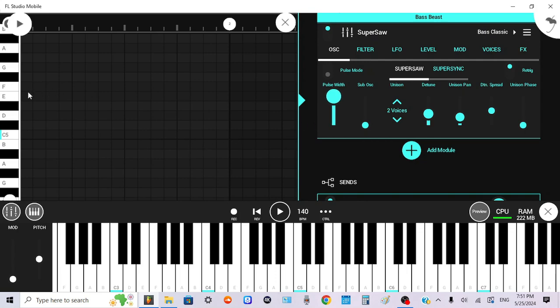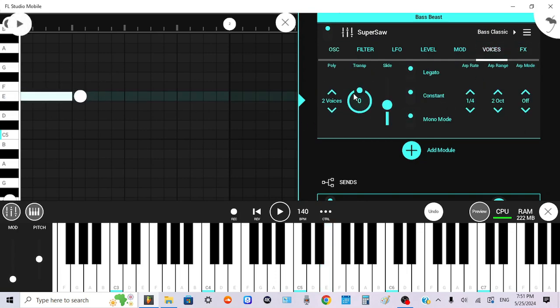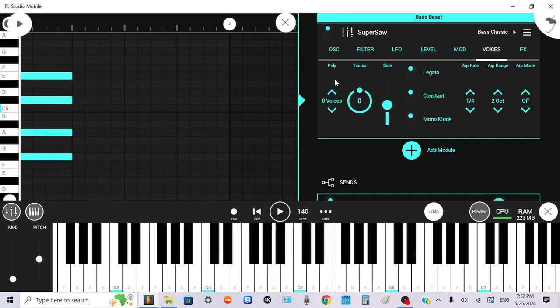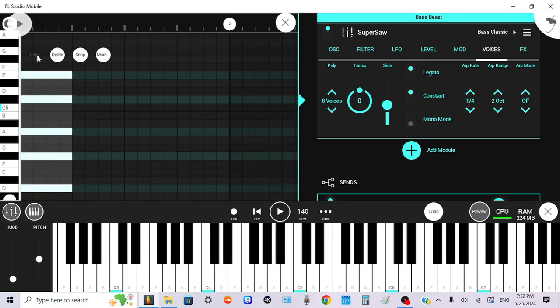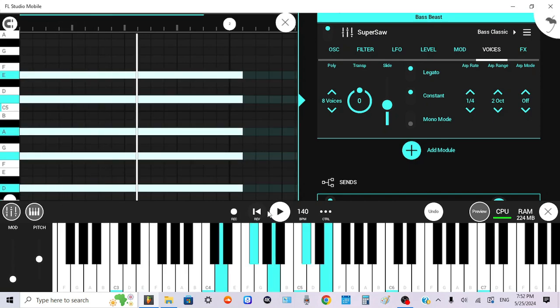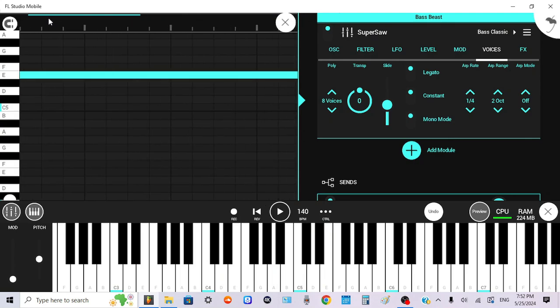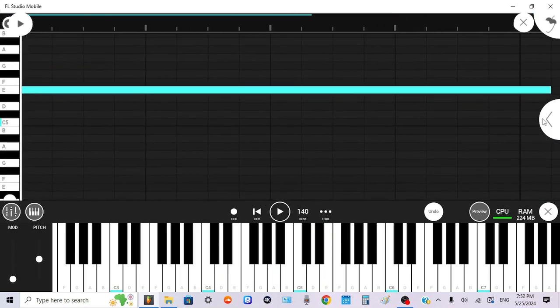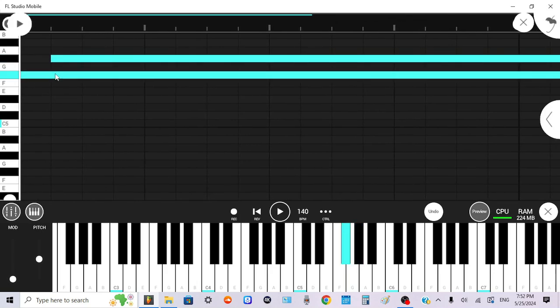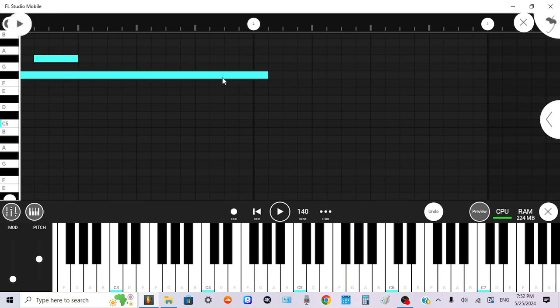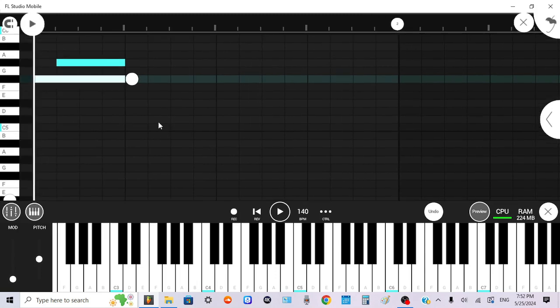Can you imagine, if we had some chord here, we put 8 voices, and then we went like that. Oh my gosh. That does not sound good because we have mono mode on, but, ooh. Very cool. Let's put it back on though, because we don't really need that. But we actually have our sine now, so if we work a little something in here,